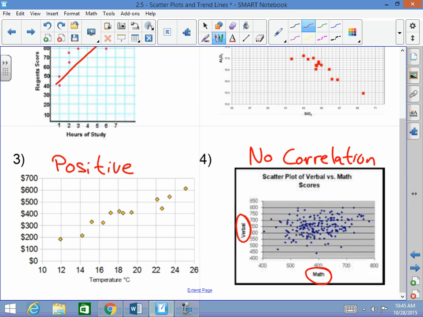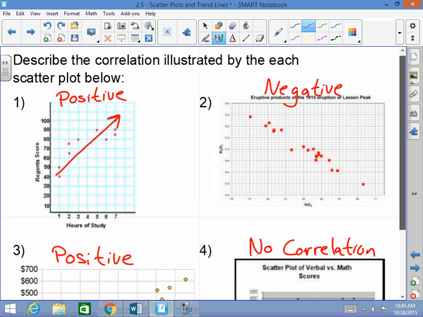Sometimes looking at the titles helps you out, yes. Because, I mean, is there any correlation? Let's look at this positive correlation. The temperature, and then this would be, I guess, the price of cooling. As my temperature increases, don't I have to turn on the AC more often? So doesn't the price of electricity go up? If you look at number 2 here,